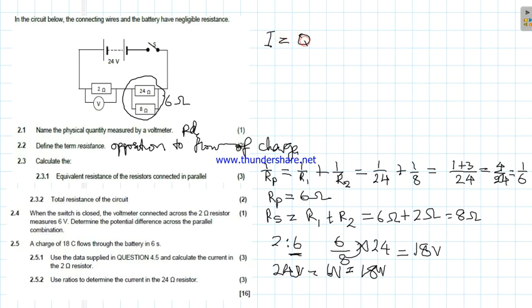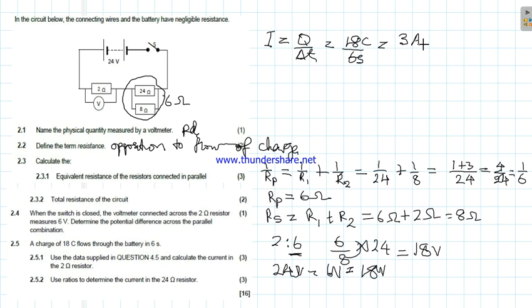So it is the quantity of charge divided by the time it takes to transfer that charge. Q over delta T. This is equal to, we can substitute 18 coulombs over 6 seconds. Current flowing here, we say 18 divided by 6, we get 3 amps. So that's the current flowing through